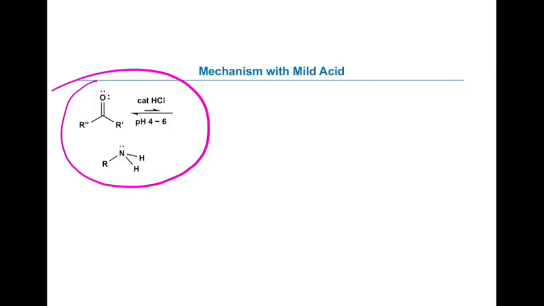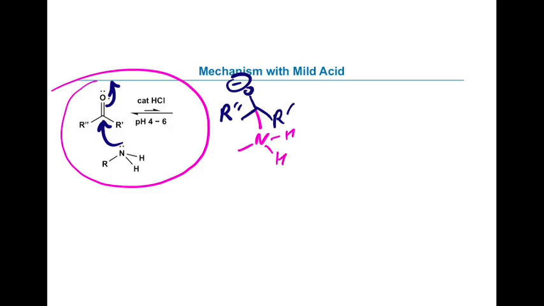Now when I do this, it is typically done slightly on the acidic side. Most imine formation is just below 7, 4 to 6 is what we do. We'll talk a little bit more about the specificity of that next class. But in terms of mechanism, this is going to start where my nucleophilic nitrogen is going to add directly to my carbonyl. That's going to give me O minus. I've got my R prime, and I've got my new bond, nitrogen, hydrogen, hydrogen, R, positive charge.